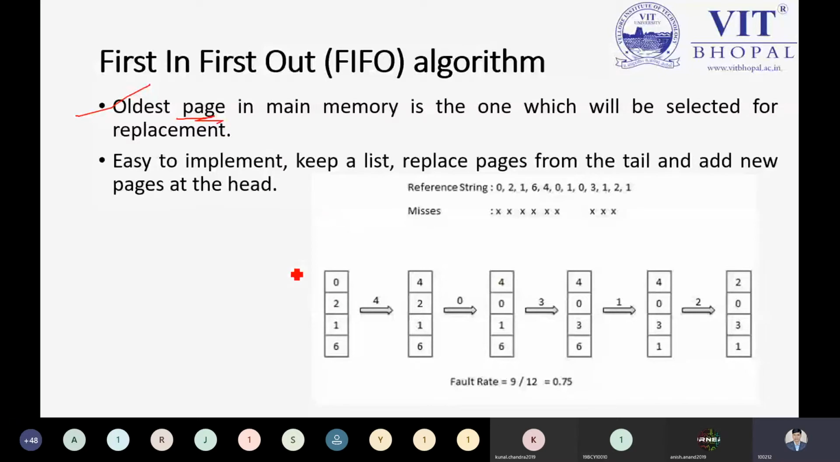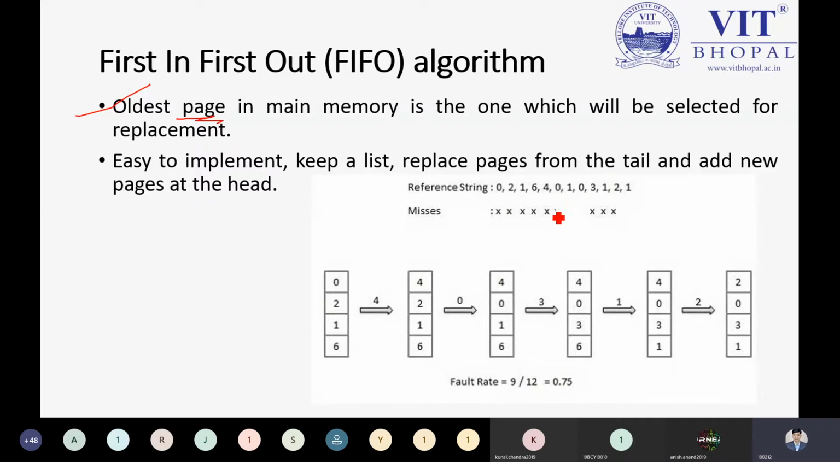Now keep in mind the size of this paging scheme. So we have 4 frames, 0 1 2 3, so at a time we can store only 4. We can say this is the page table where the number of frames or number of pages are coming, that is a maximum of 4 pages can come. Different strings are given, that is 0 2 1 6 4 0 1 0